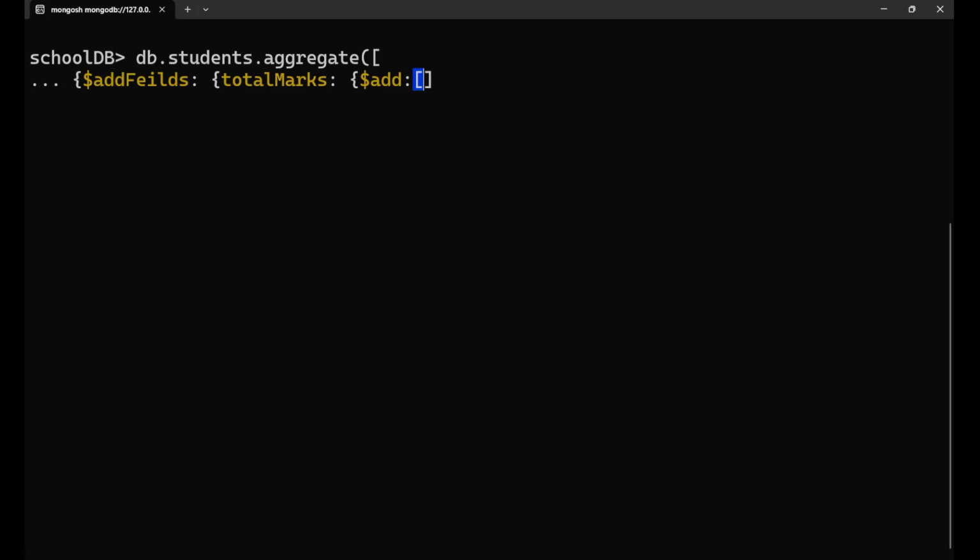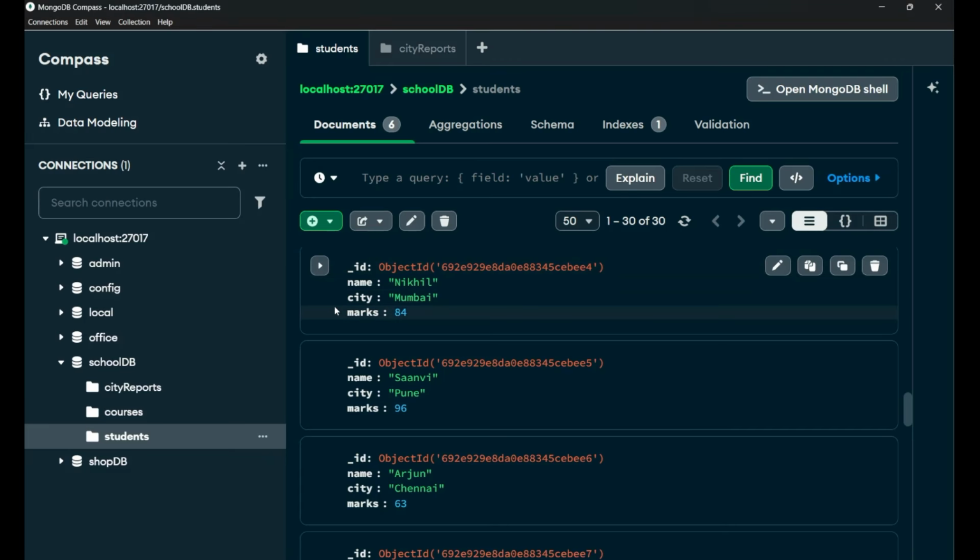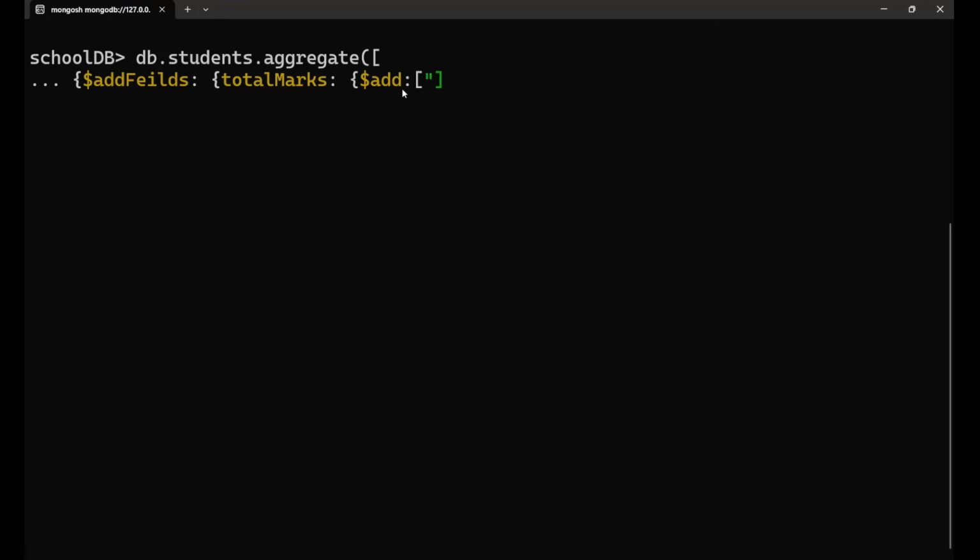After that, you need to create an array, and inside of this, the first thing you will give is the name of the field you use as the reference. So let's say I'm using marks, I'm going to create the new field value on the basis of this marks. So I will write here $marks, and after that, put a comma. And now, how much value do you want to add? So I want to add 5 here. That's it. So let's just close it like this. And now if you press enter,